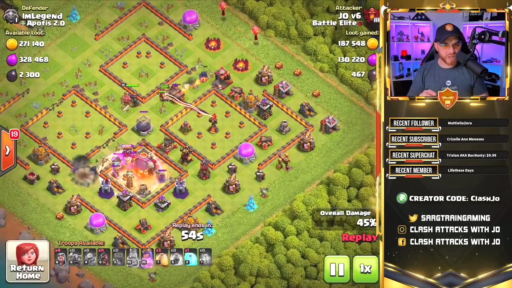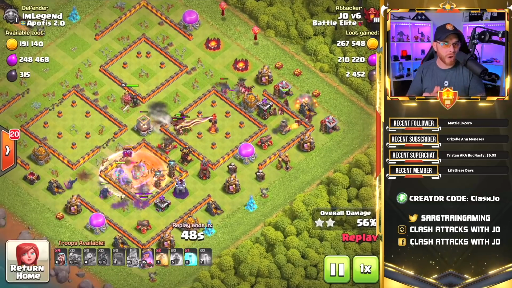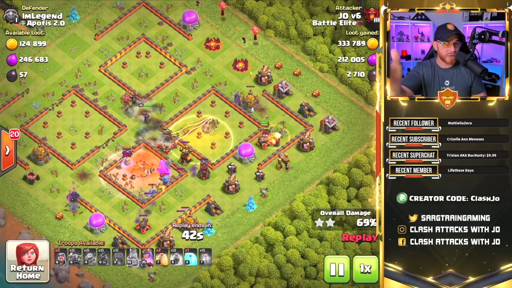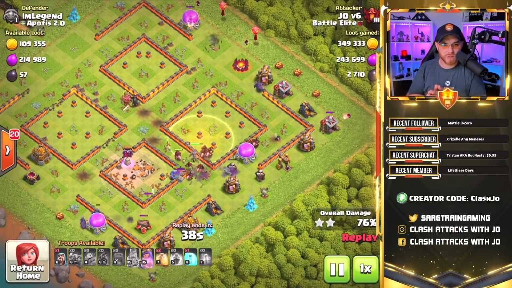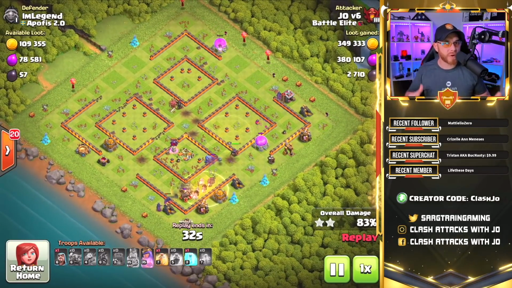And then I'm going to bring the rest of my hogs in from the right side of the screen while the bowlers are down there in the town hall compartment, eliminating all those inferno towers, or all those hidden Teslas. Those aren't inferno towers. Those are hidden Teslas. So the bowlers are gutting out all those heavy defenses down in that location, and the hogs are flanking in and taking down the rest of the defenses. So this base will fall very nicely if you maneuver it correctly,